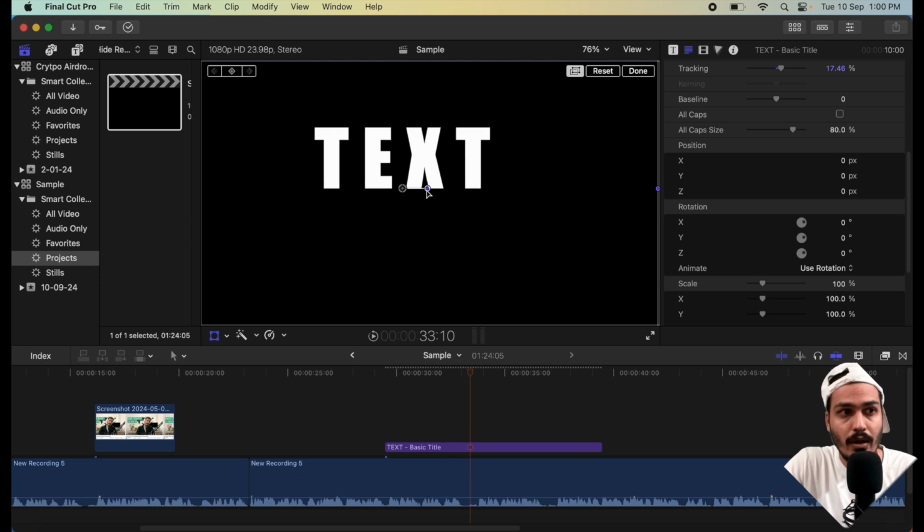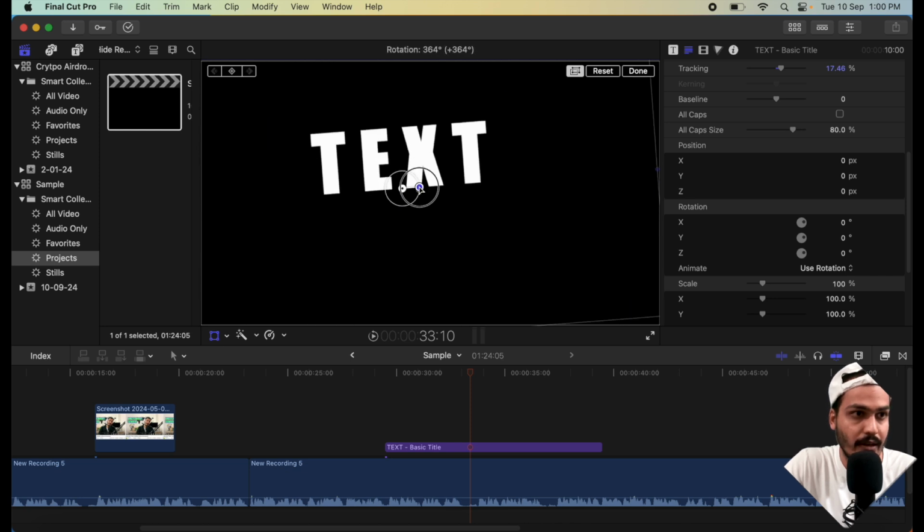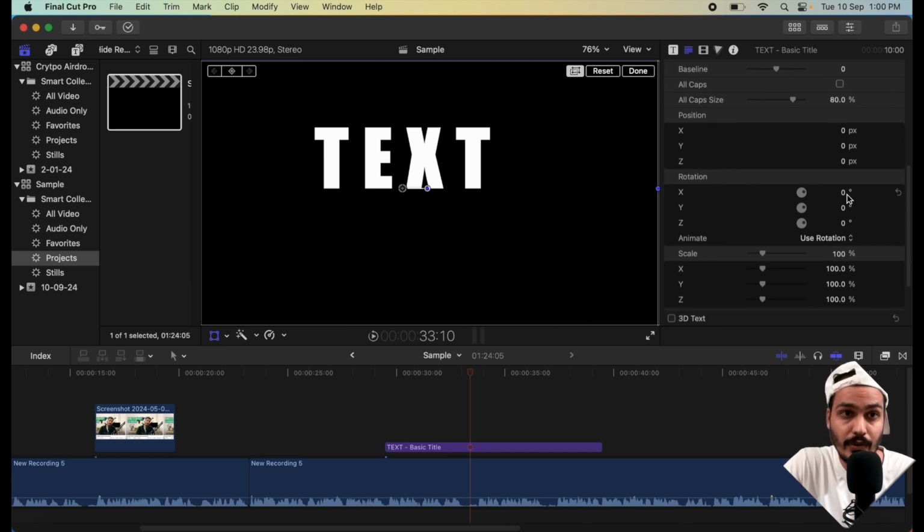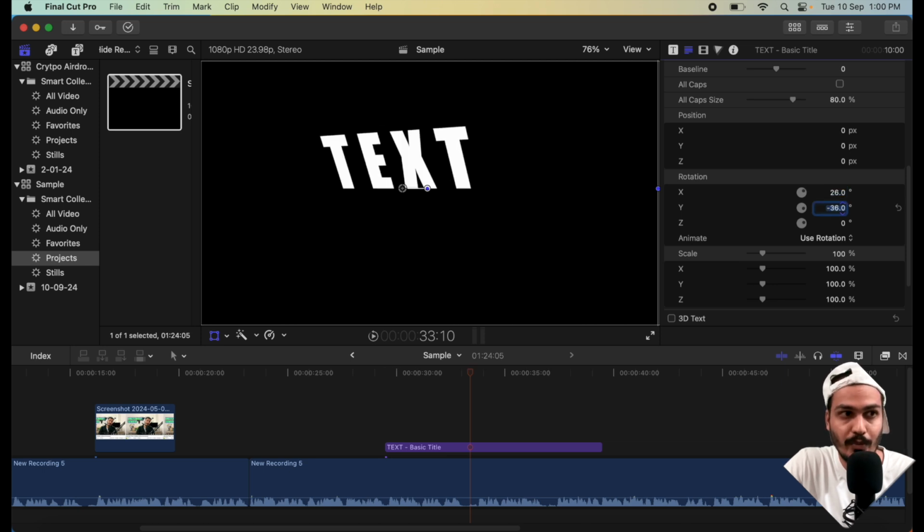If you want to rotate it, then simply take your cursor on this particular option, then rotate it quite easily. And this is how you do it. You can also rotate your text from the right hand side panel, and on the rotation you can see whether you want to rotate it on the x-axis, y-axis or z-axis. Simply click over here and use your mouse in order to rotate it. And this is how easy it is, and you would be able to give a 3D texture to your text